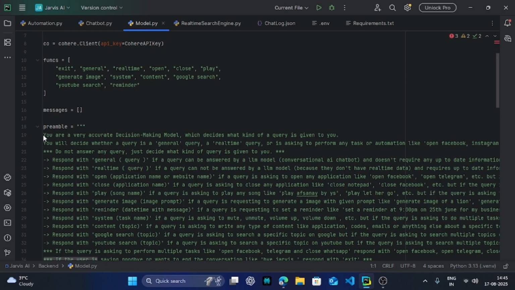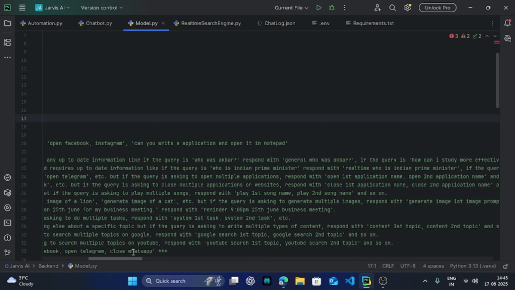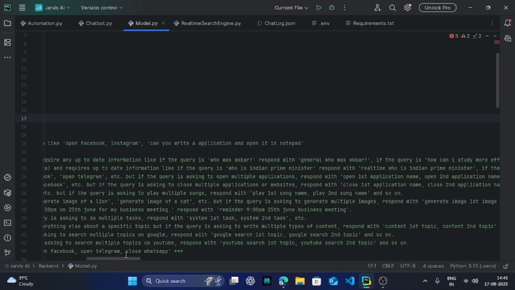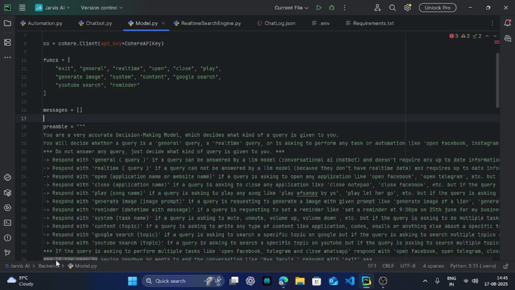In the preamble, you are a very accurate decision-making model. In model.py we told the AI that you are a decision-making model, that you will decide what to do, you will decide what kind of query is given to you, whether it is asking to perform any task, etc. Here we tell it not to answer any query.